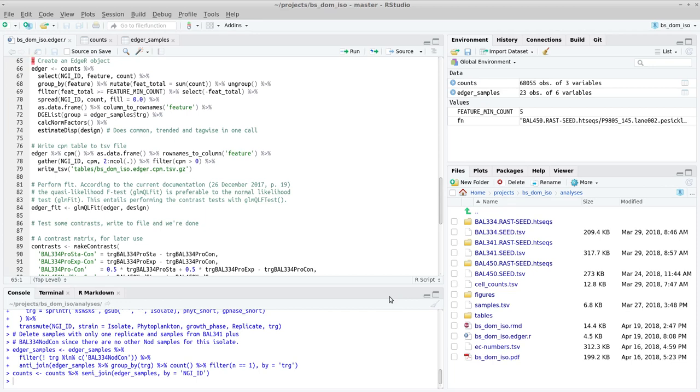Hello. I'm going to demonstrate how to do a very nice trick with the purrr package in Tidyverse when you're dealing with EdgeR data. So the idea is to perform the EdgeR analysis with multiple contrasts and to store the result of all this